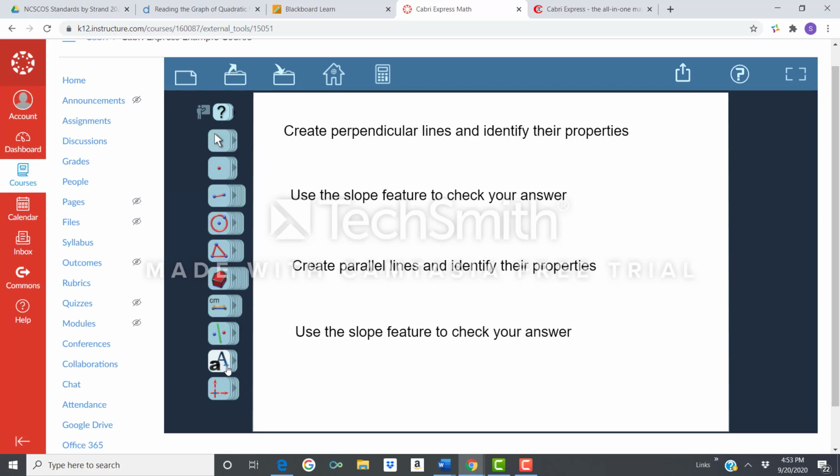And you can go on and on with this list. You can ask them to create equilateral triangles and identify the properties, isosceles triangles and identify the properties. But for now, I'm just going to do this. And then from here, you go to this share button right here, and it'll go ahead and make a sharing link for you. Then you'll copy that,